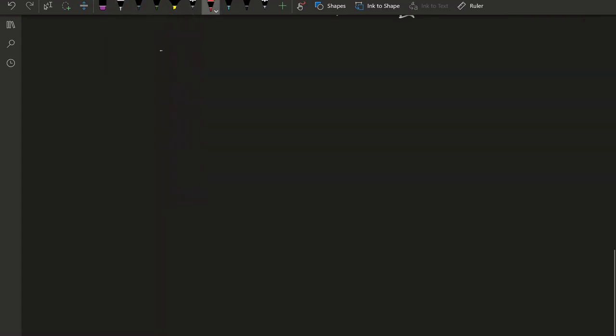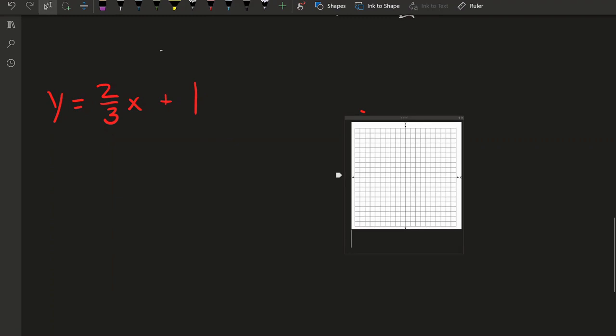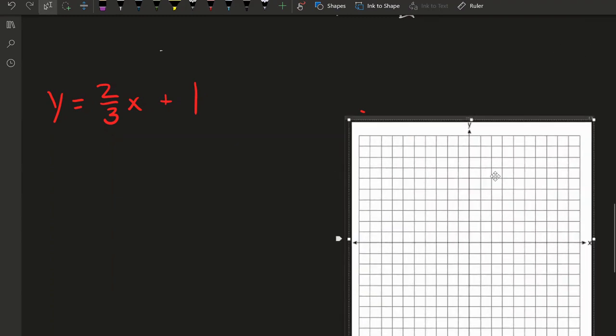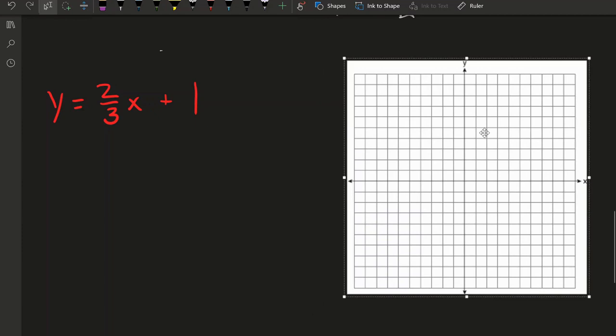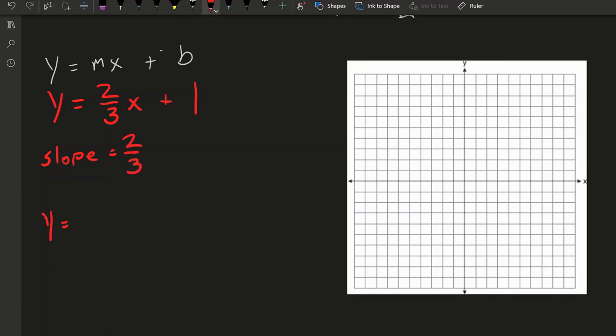Let's try graphing y is equal to 2/3 x plus 1. Stick a graph in here. Okay, so I'm going to write that right next to the slope-intercept form equation. y equals mx plus b. So from here, I can see that the slope is 2/3, while the y-intercept